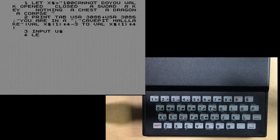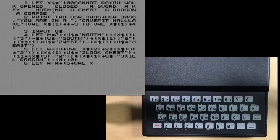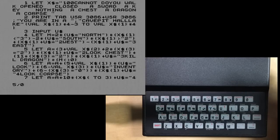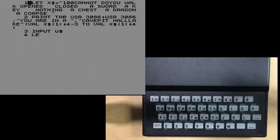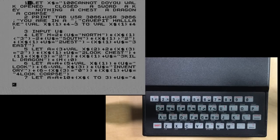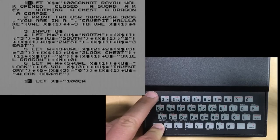Let's look through the code a little bit here so you can see what they're doing. Now, Sinclair BASIC here has a number of limitations, but it's also got a couple unique features that allowed this game to be crammed into an incredible 10 lines of code. Now, if we look here at line 1, I'm going to hold down Shift, and I think if I hit the cursor down, it will highlight line 1. See that arrow next to it there. And then, if we press the Edit button, which is Shift 1,